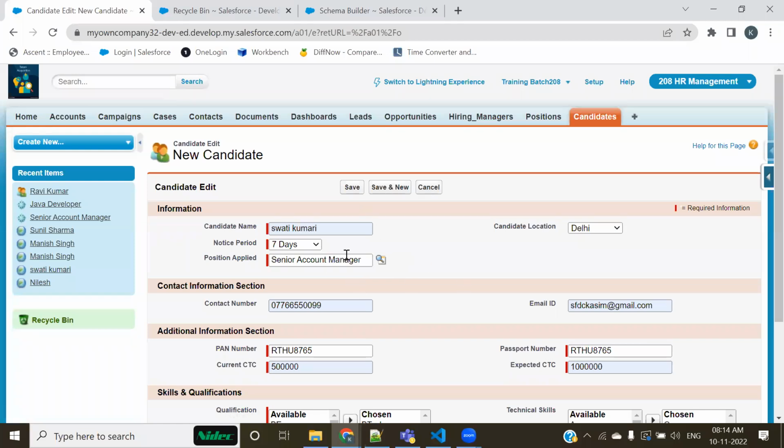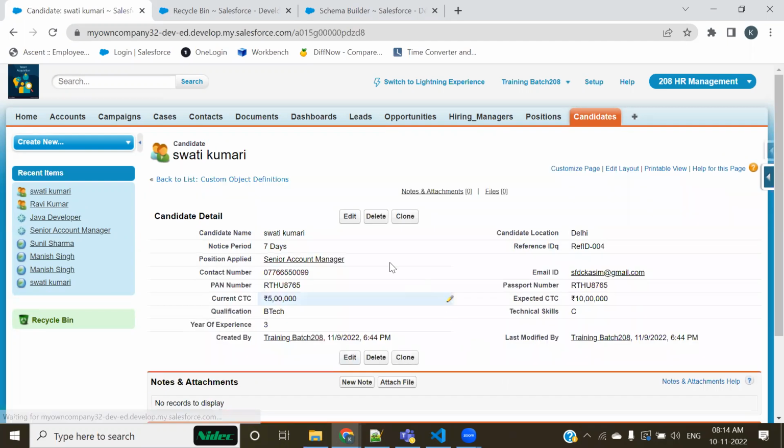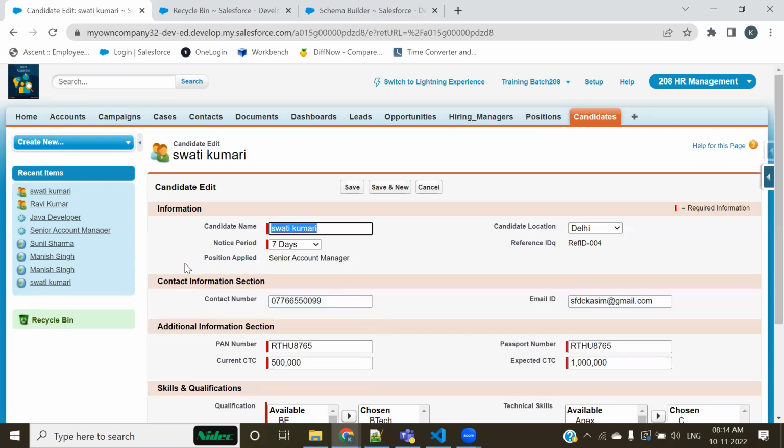The relationship field appears in editable form, so you could select. Now, once you save it and try to edit, it appears in read-only form.